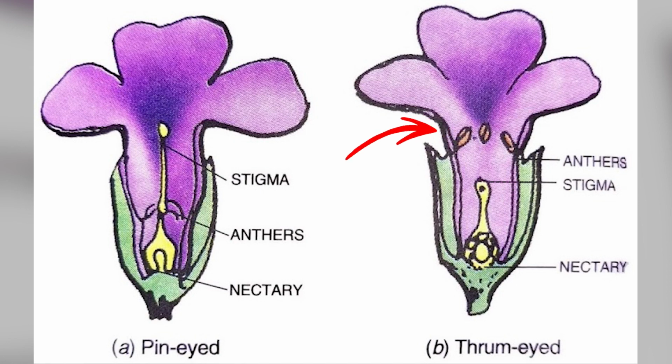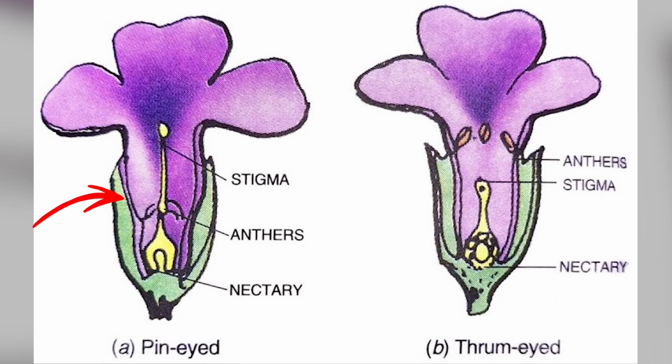Finally, P stands for the position of the anthers relative to the stigma. So if the anthers are higher than the stigma, then this is favoring self-pollination because gravity will pull the pollen grains down and it can land easily on the stigma. Versus plants that favor cross-pollination often have the anthers lower than the stigma. This way, even if the pollen falls, it's very difficult to fall on the stigma because it's going against gravity.